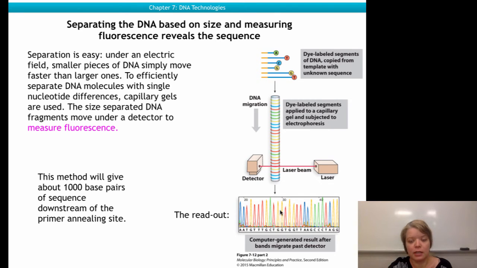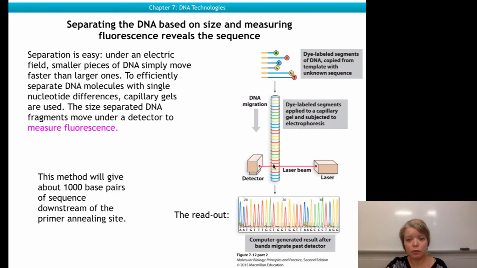And then you get this fluorescent readout. First, the smallest molecule that passed by the laser beam glowed blue, so it was an A. Then the next molecule also glowed blue, so it was also an A. Then a T, then a C, then a G, then a T again, and so forth. And you can see that because